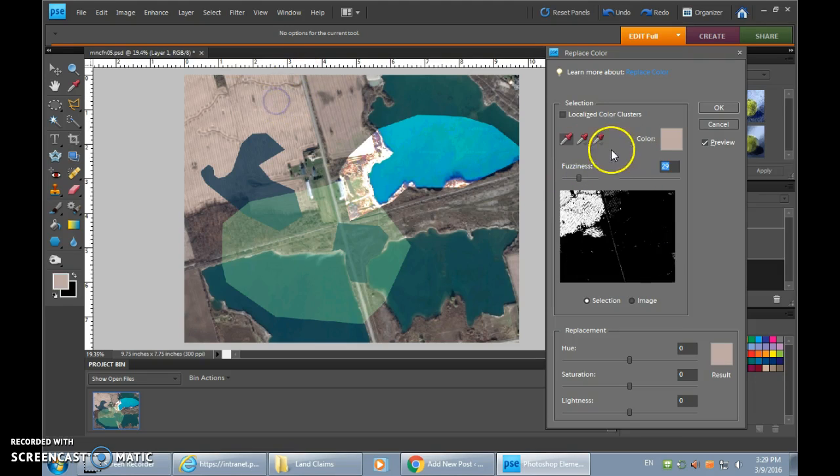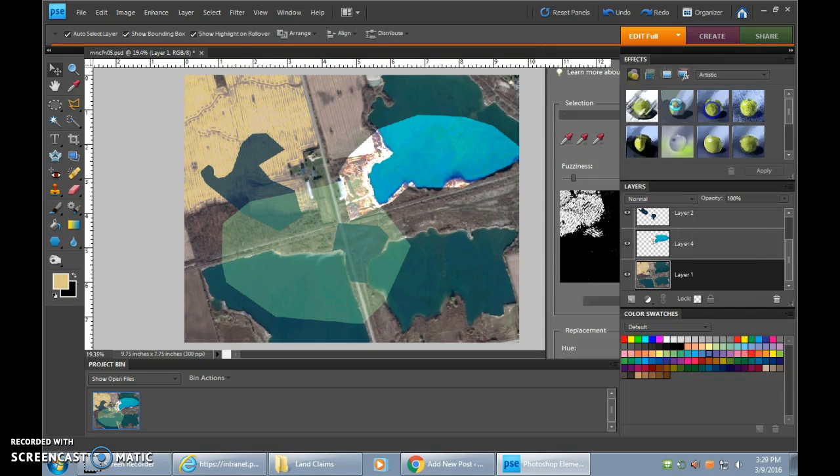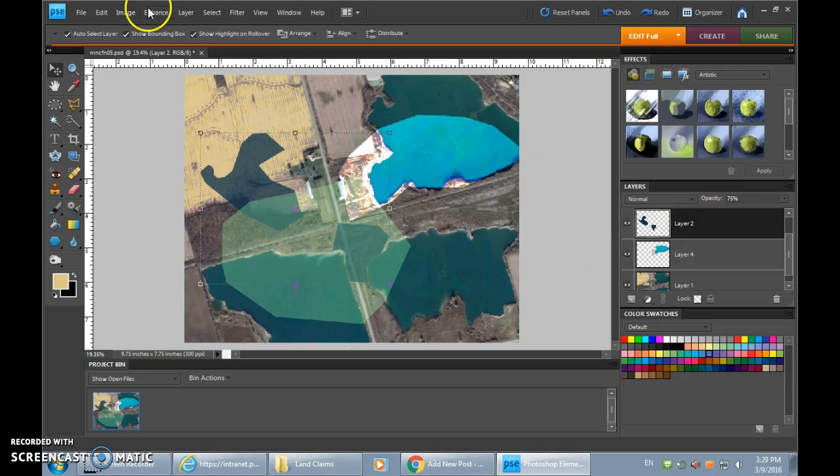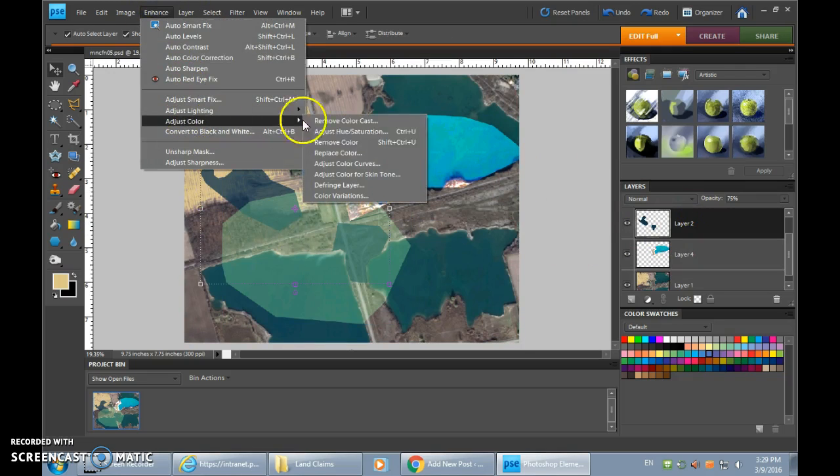So let's grab this field, make it kind of just restricted to that field. Then we can change the hue of that, make it a little kind of maybe greenish. Saturation, we could boost it so that it's very strong. And lightness can go the range between totally dark and totally white. That's replacing color. If I wanted to take layer 2 and enhance that, I could go to adjust color and